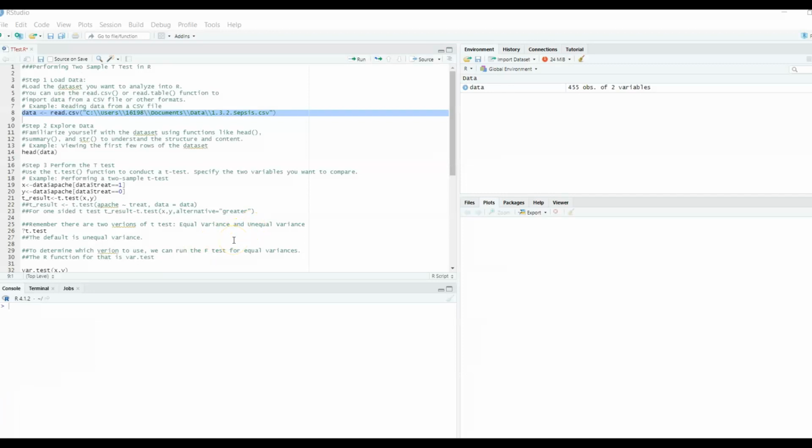Okay, now let's get into RStudio. I'll just show you how to do it in R. First, let's read in a data set. And then let's take a look